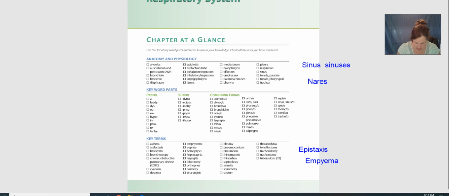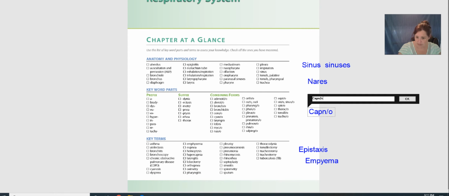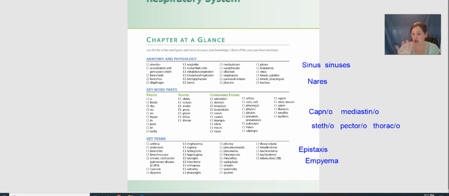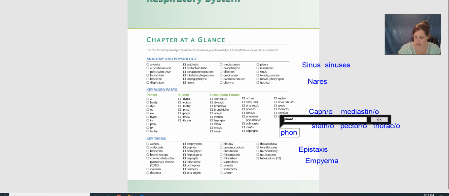Okay. All right. Couple word parts here I want to add in. Come on. There we go. Capno. Mediastino. Stetho. Pectoro, thoraco, all mean chest. All 3 of those words mean the same thing. And then one more, phono, which is sound. Okay,